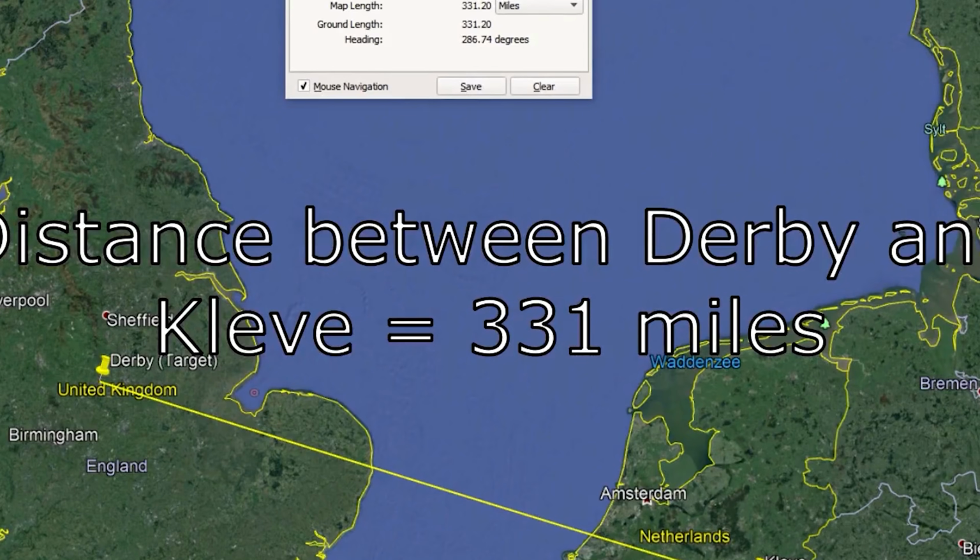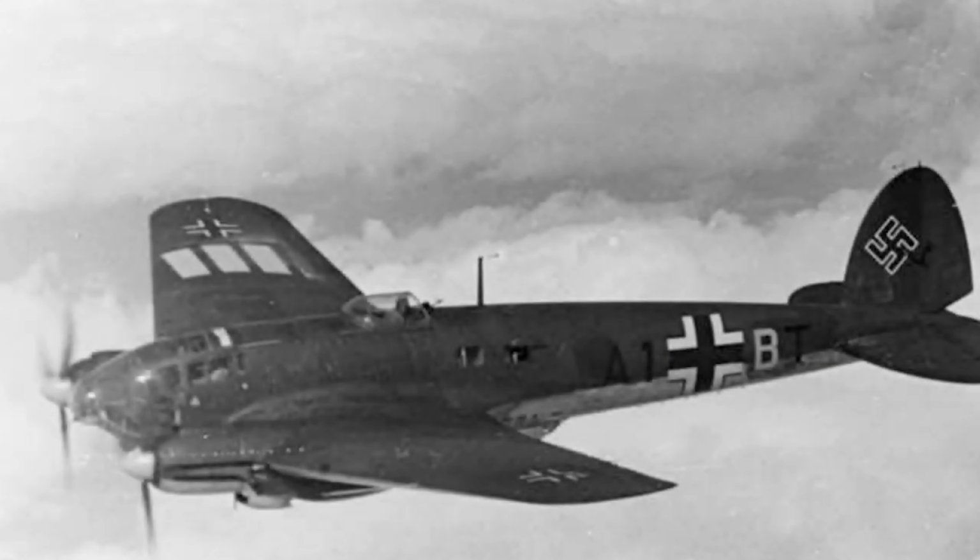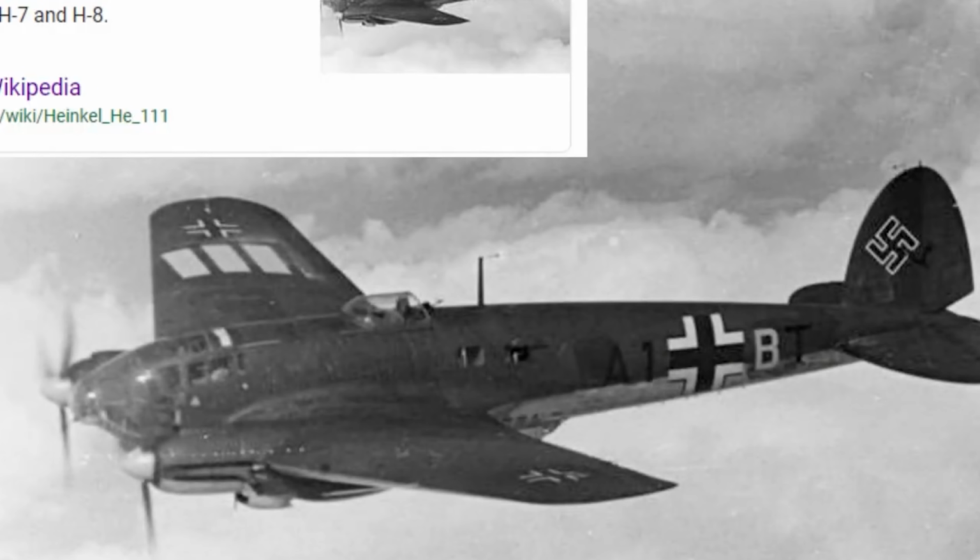It only has an elevation of 39 feet combined with a 100-foot tower. A 139-foot height with a distance of 331 miles means that the curvature of the Earth would hide 66,722 feet. In other words, under the globe, a German bomber would need to be higher than 118,425 feet to be within the line of sight of the Knickerbein system. But the maximum cruising altitude of a German bomber was only 19,200 feet. Without question, it was impossible under the globe for those German bombers to be within line of sight of the